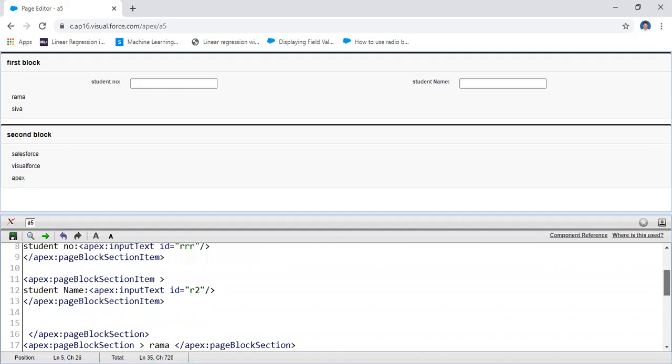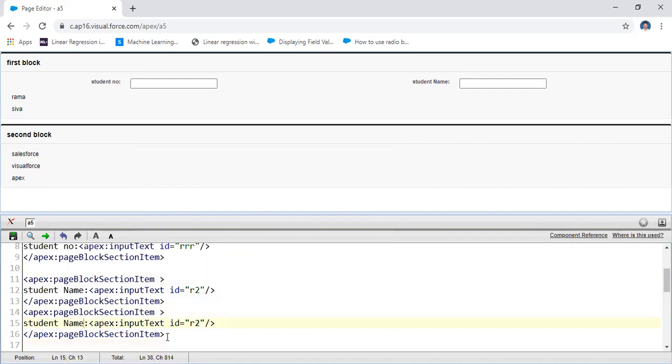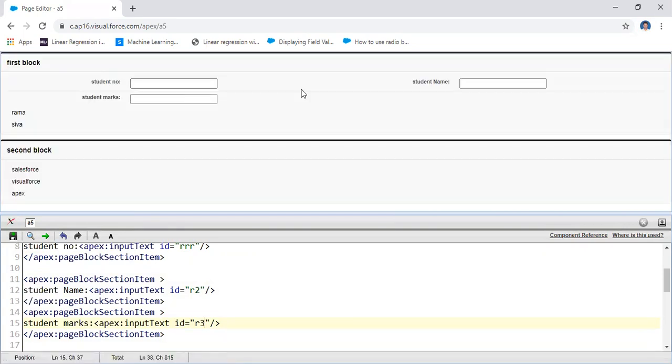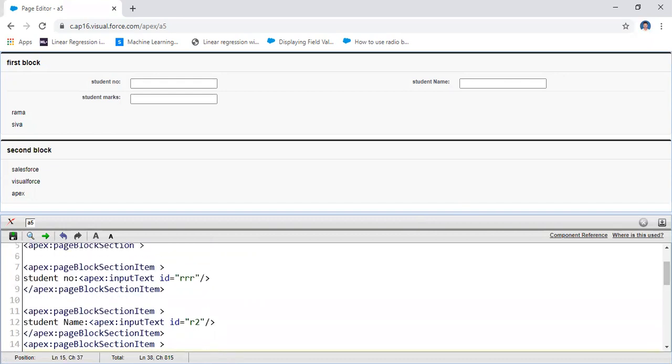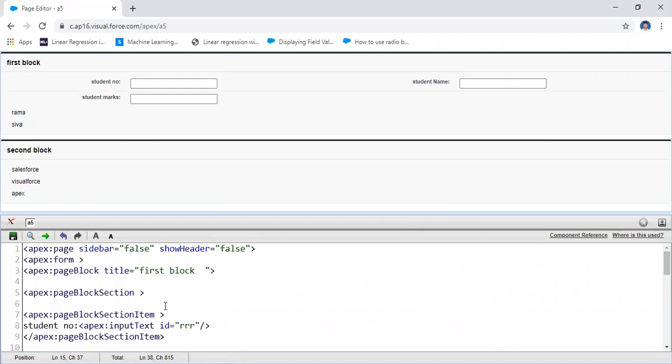For example, I'm going to create another block of section item. For example, I'm going to create another item here. For example, the third item, let us assume marks. Let us assume the marks here, id equal to this one input field, and then the id is a different one. You have to change the id value. By default it takes two columns. For example, I'm taking column equal to 1. For this one I'm going to write the column for this section.